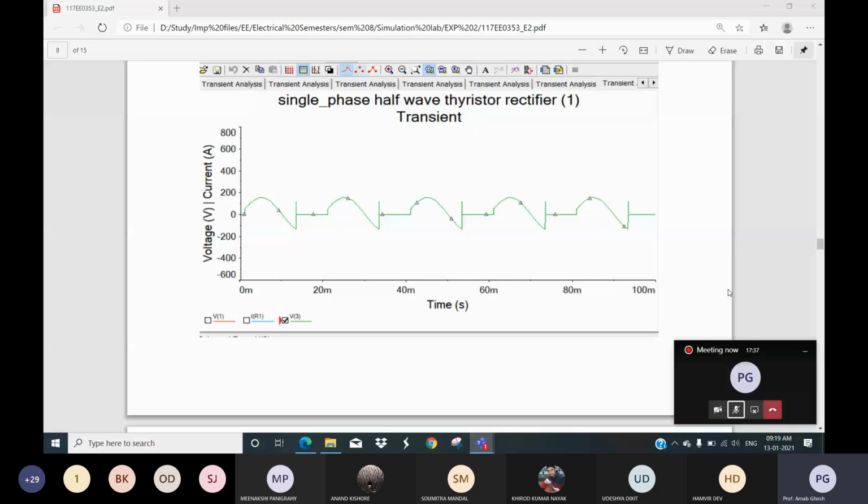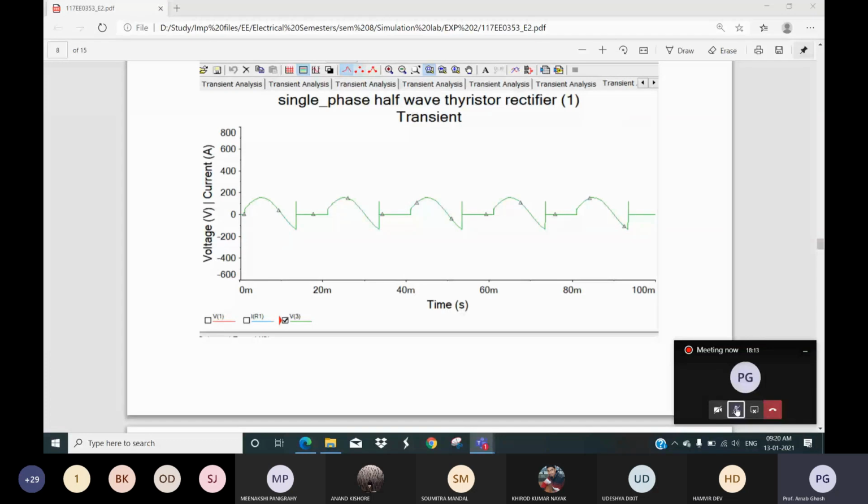And what kinds of changes you have observed, that you can put here. In simulation it's not a big problem, only changing the value of L, and you have to take the data and plot it from the grapher. You need to see what kinds of changes you have observed. That is point number one. Then where you get moderate inductor value, the changes are significantly visible. Here you can see the inductor voltage is coming negative, up to minus 150 volt, more or less.